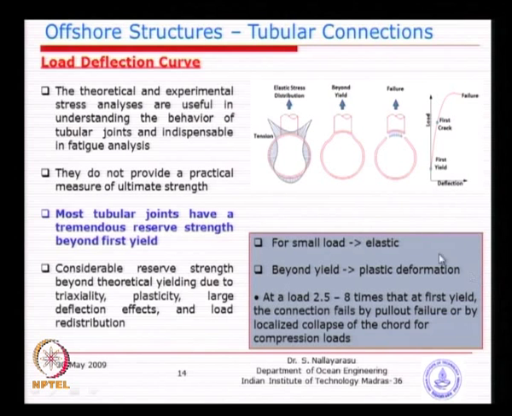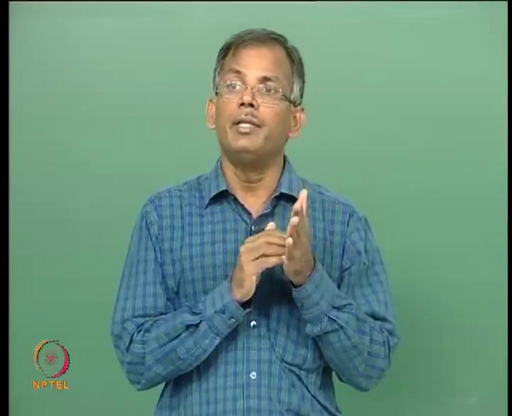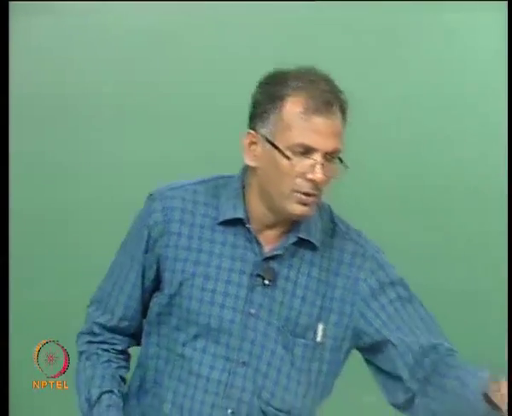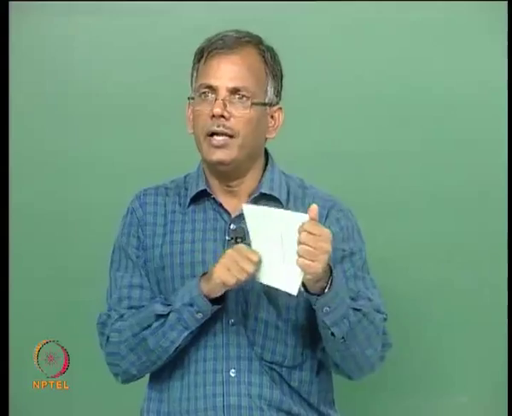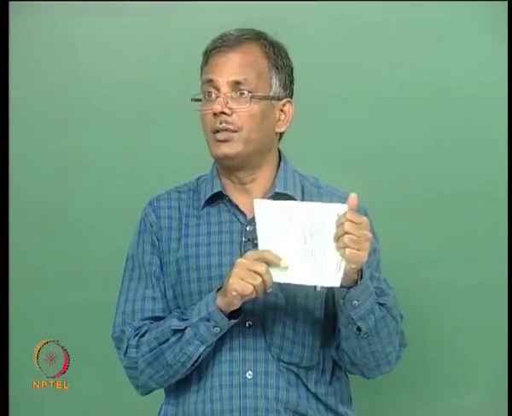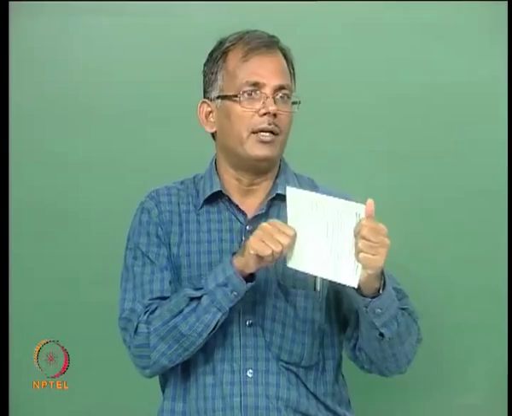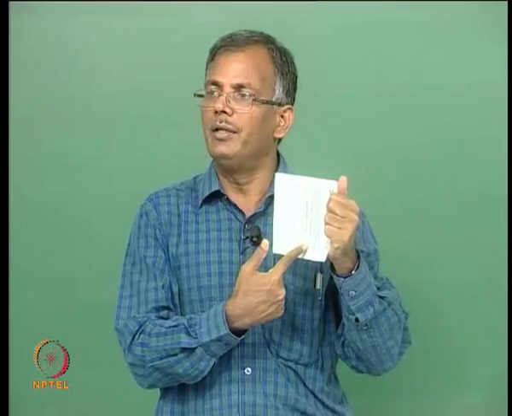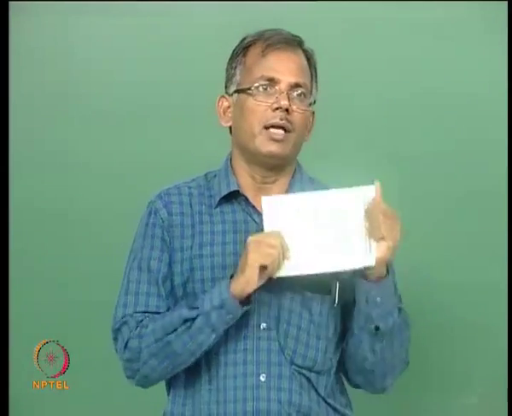So basically we want to go between these, and with the proper factor of safety, we do not want to have permanent deformation, we do not want to have a crack, but we also do not want to design below the yield limit, because the capacity is very small, and that is exactly the idea. We go beyond yield. Yield means one location, the hot spot, not yield everywhere. Whereas if you take a piece of plate like this and apply tensile stress, yielding will be uniform across, isn't it? Because when you apply 300 megapascal on either side, the stress along this section everywhere will be 300. So basically that is not permitted.